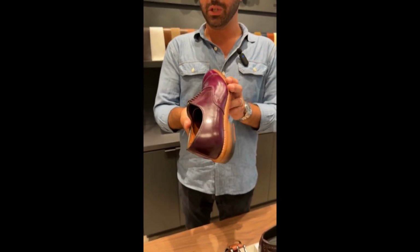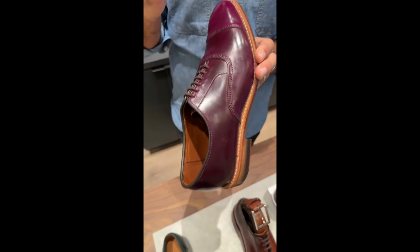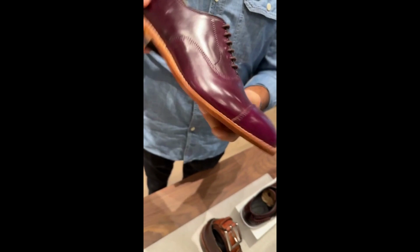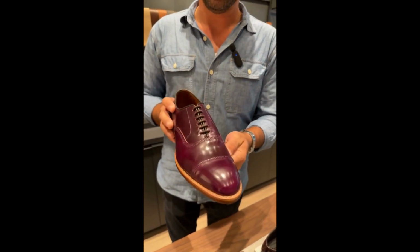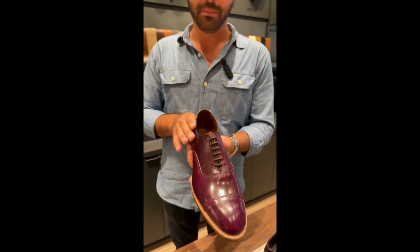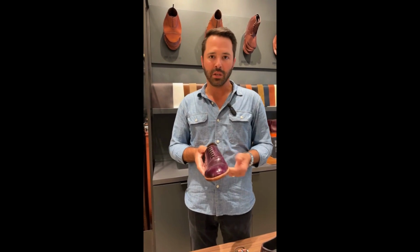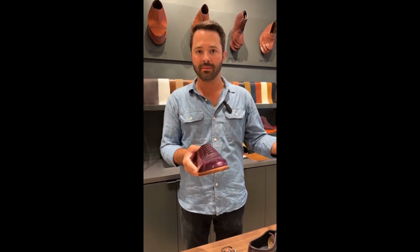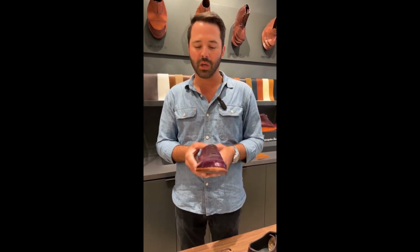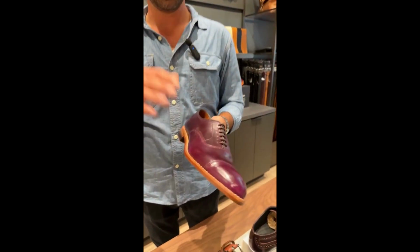It has some killer depth, and again, that feathered grain showing the lighter from this direction and then the darker switching this way is super intense in the Ultraviolet. This one's done in the Park Avenue. Park Avenue is our bread and butter. It's the shoe that we are, I would say, known for. It's synonymous with Allen Edmonds. It's synonymous with traditional American dress. So Park Avenue in Ultraviolet is like the coolest dichotomy ever because it's arguably the most conservative shoe in the